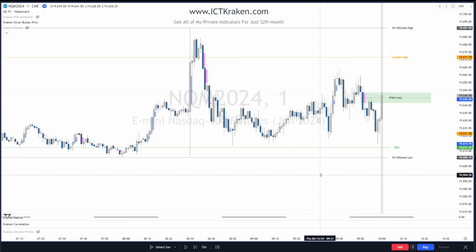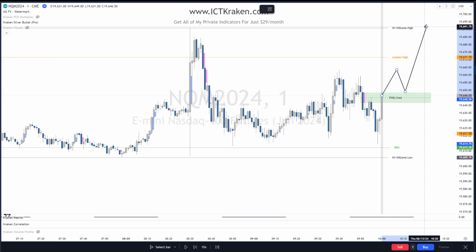Let's see if we get a market structure shift. For me, I wouldn't count this as a market structure shift because obviously it didn't close below it. So if we trade through this and use this as an inversion to go higher, we could maybe aim for these highs. So I'm going to show you what I'd be looking for here on two scenarios using this fair value gap right now. Either it trades up and uses that as an inversion and then we target these highs,